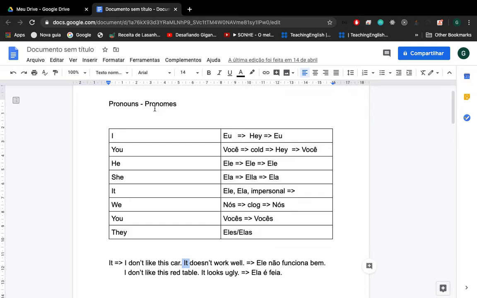In English, we have the pronouns I, you, he, she, it, we, you, and they. In Portuguese, we have about the same amount of pronouns, but we have some differences that you guys don't have in the English language. For example, we have gender even for objects. Because in English, if you say table, you don't need to know if table is male or female. And in fact, it will be a little bit weird for you guys to think about that, right?